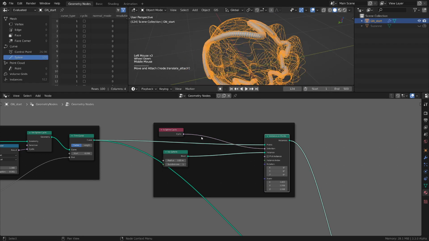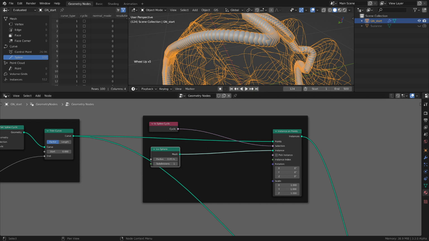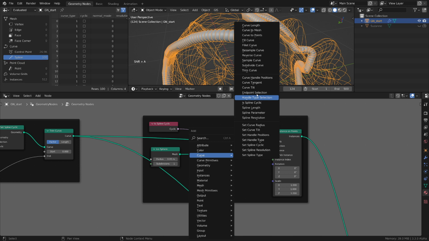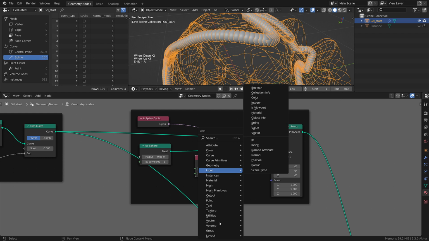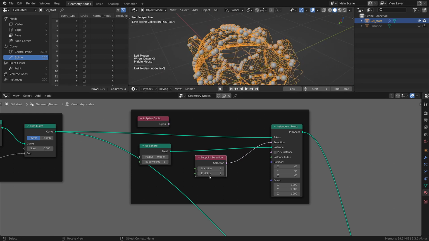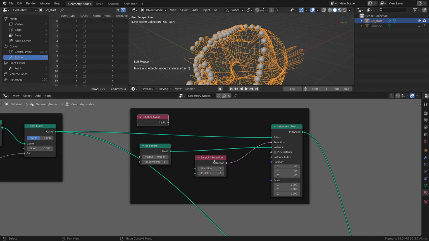we basically instance an icosphere on each point of that spline, and we don't want that. We want to instance only on the last point, and for that we have another node called endpoint selection that can be used for that. So let's see what's going to happen if we use this one. We basically can select only the start point of the splines,